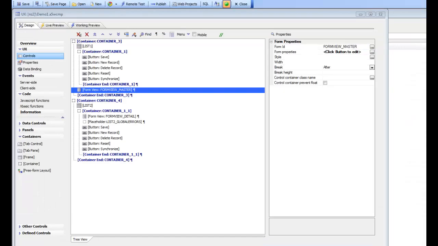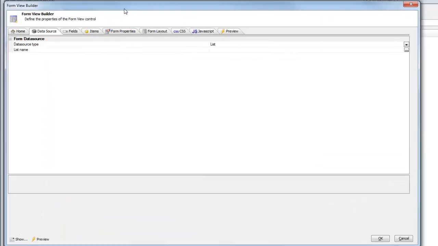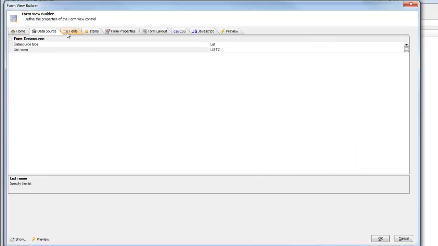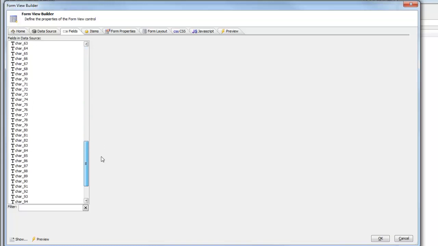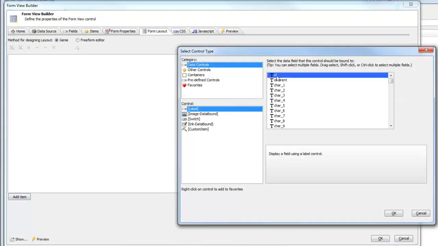So we're continuing now with a video on using form view controls to create master detail forms, and now we're going to go and configure the form view control for the child list over there. So we'll open up the form property builder here, go to data source. We'll say that our data source is now list number 2, which is the child list. And we can see now that we only see fields from the child list, so the parent list fields aren't being shown here. And now we'll go to our form layout. We'll choose all of the fields from the child list,